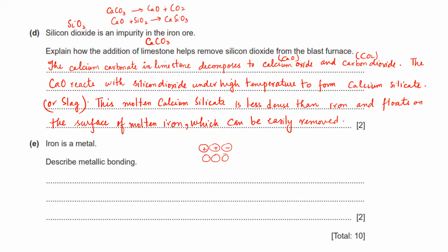The metal elements look something like this, and there is a sea of free electrons available. So the metallic bond is a